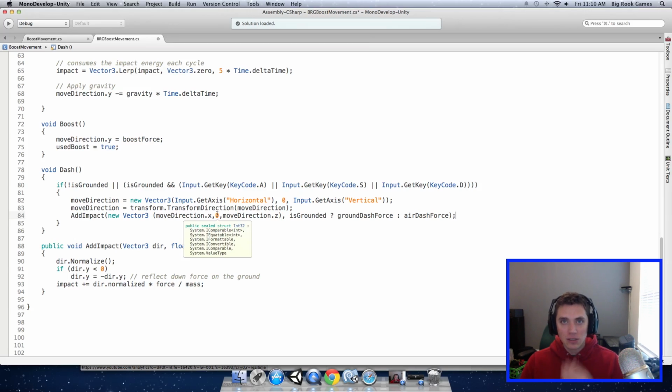The dash sideways and backwards we want just to be on the X and Y axis. And then for our force that we want to apply, remember the force on the ground is a little different than the force in the air. So our input to the force is this piece of code right here, which is a ternary, which will basically